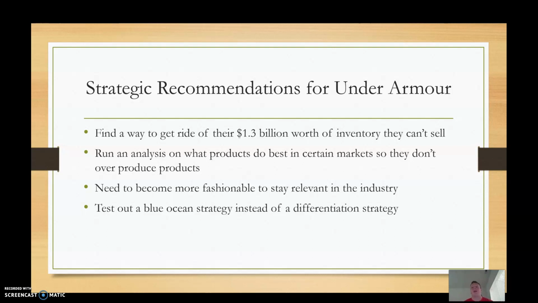And by that I mean you don't really want to be selling a lot of football and basketball products in Europe, let's say. You want to be selling more soccer, as that's the prominent sport there. Same thing in America. You don't really want to be selling a lot of soccer stuff. It's more basketball, football, stuff like that.